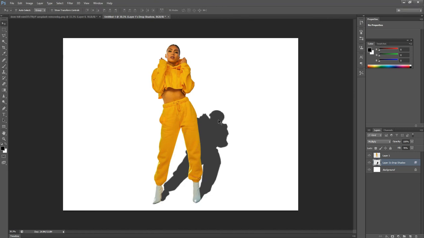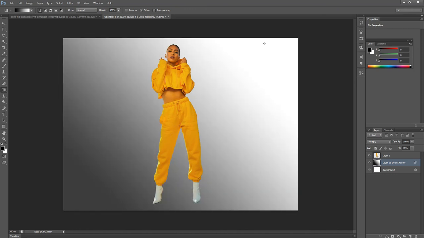The drop shadow is created, but it doesn't look realistic. In a realistic drop shadow there are light and shades also. So here we are going to use the Gradient tool on this drop shadow. How will we use the gradient tool? Go to the Layers panel, to the drop shadow layer. Right now we select the Gradient tool. When we click with the gradient tool and place the gradient on this image, the gradient applies over the whole background image. So this is not the right thing.